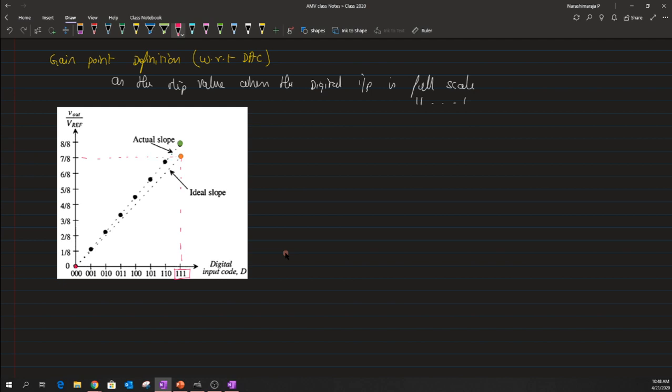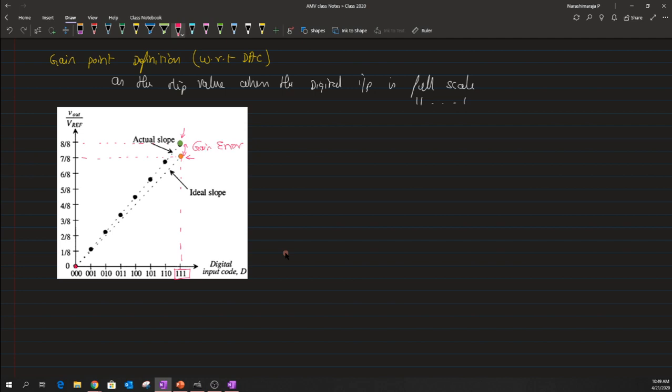Okay, and this is the ideal value we are supposed to get. But for this input, if you are getting this green point, which is currently mapping to a value of 8 by 8, which is equal to 1, then we call this particular point the actual gain point, and the difference between these 2 points is what will give us the gain error. Okay,